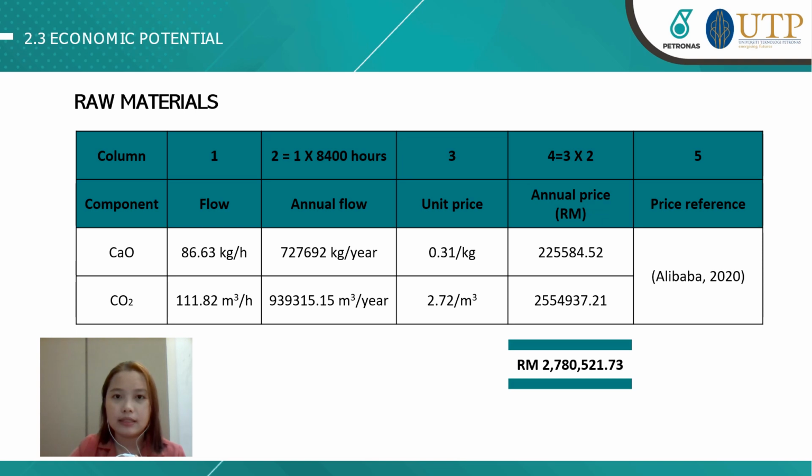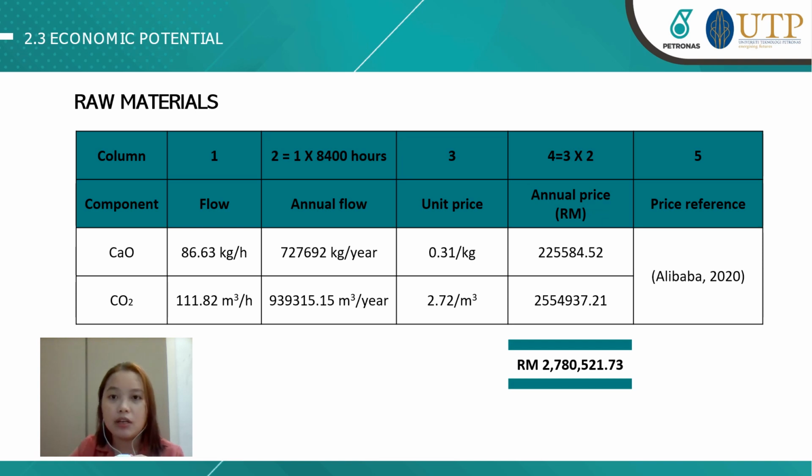From the mass balance, the final mass flow for calcium oxide is 86.63 kg per hour, times 8,400 hours of operation per year, we got 727,692 kg per year. And according to Alibaba, the commercial price for calcium oxide is 0.31 ringgit per kilogram. Hence, the annual cost for calcium oxide is 225,584.52 ringgit. By using the same manual calculation for carbon dioxide, the total annual cost is about 2.5 million per